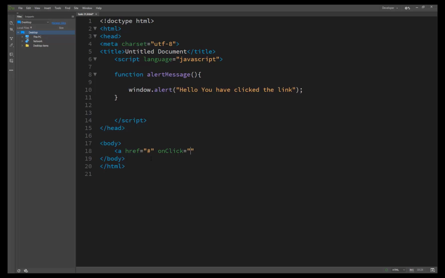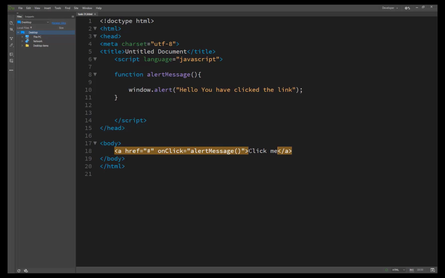The user must click on this link and then our result appears. So onclick is an event handler of JavaScript. Inside here we call this function, so when the user clicks on this link, it calls this message from the JavaScript.